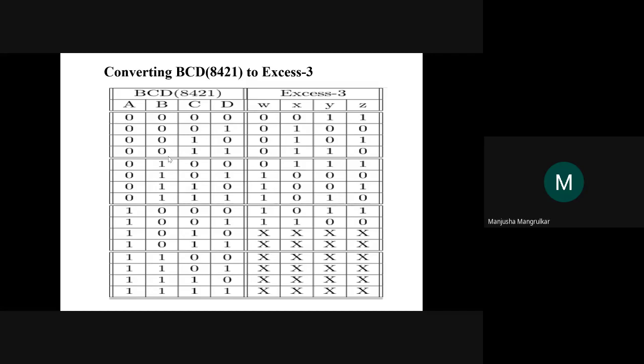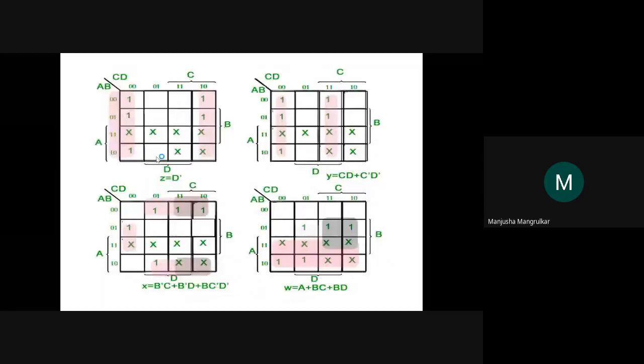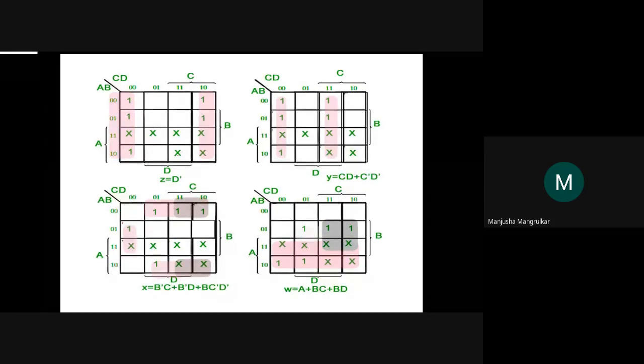Now we'll see the designing of the K-map. This is a very simple 4-variable K-map. So this is A, B, C, D. AB is 00, 01, 10, 11, and CD is 00, 01, 10, 11. How will we represent the cells here? 0, 1, 2, 3, 4, 5, 6, 7, 8, 9, 10, 11, 12, 13, 14 and 15. So this is the way we represent the K-map.